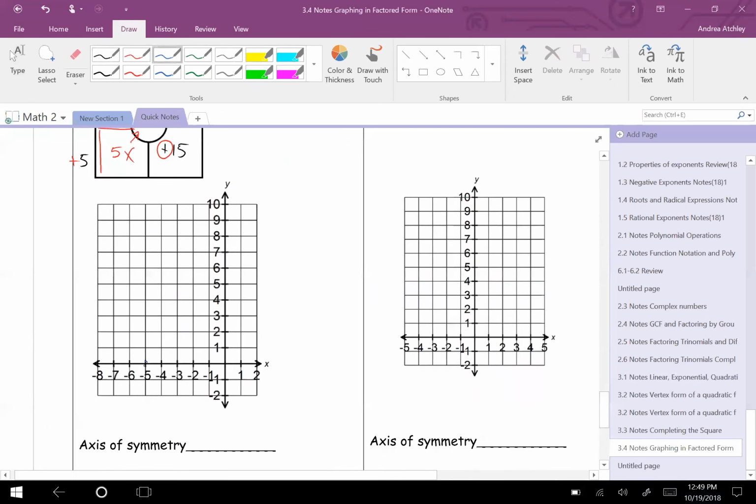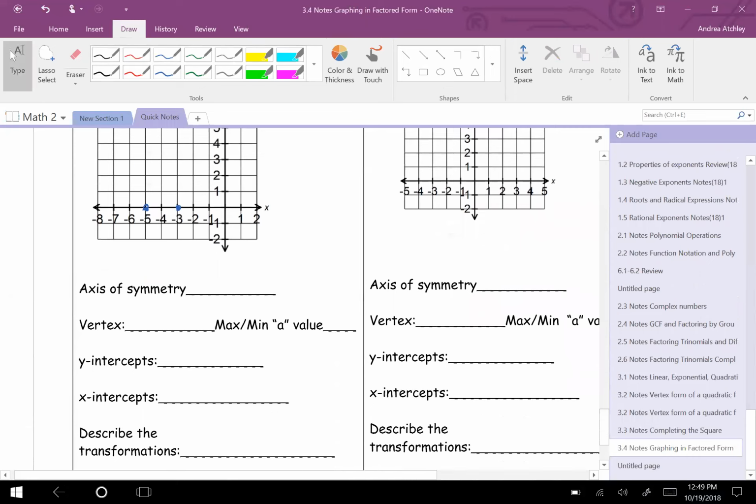So we're going to go to negative 5 and negative 3. And I think you guys can go from there. Okay. Your homework